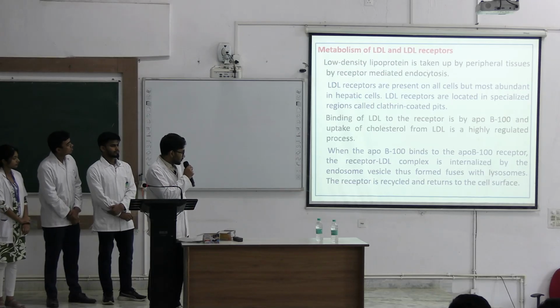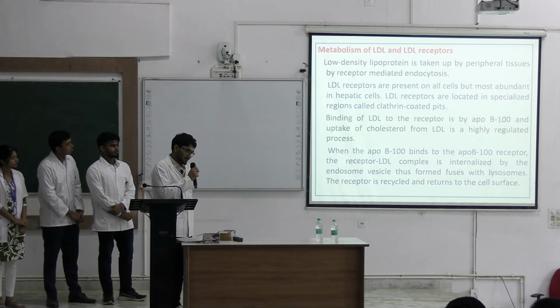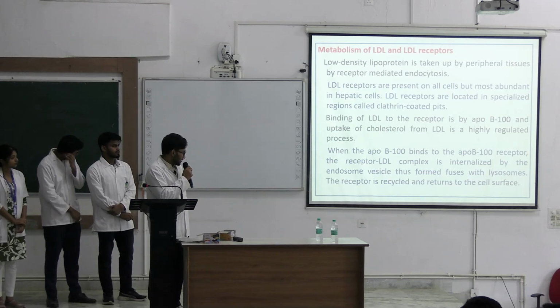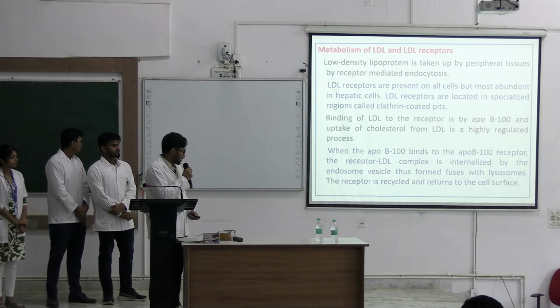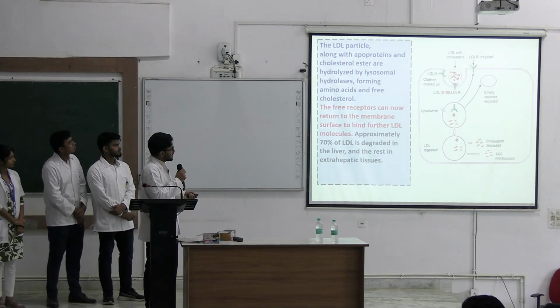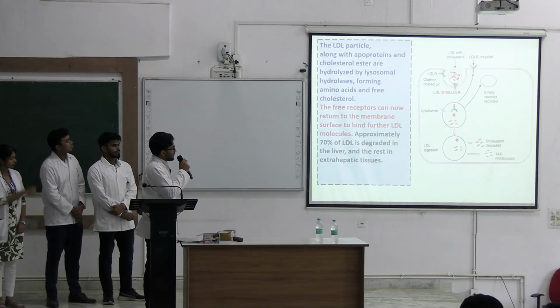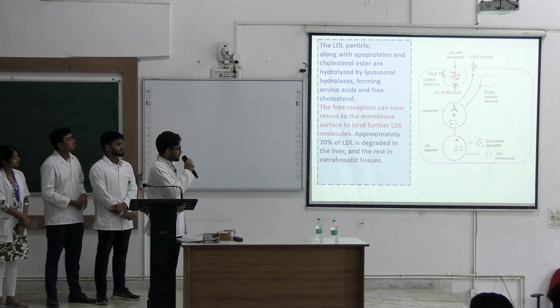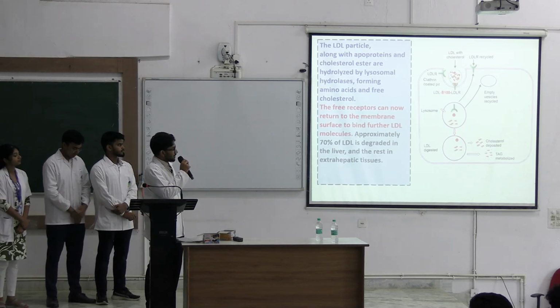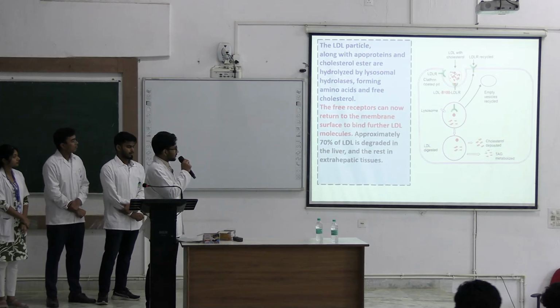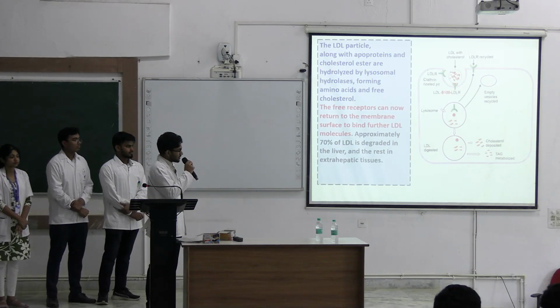When ApoB100 binds to the LDL receptor, the receptor-LDL complex is internalized, and the endosome vesicle thus formed fuses with lysosome. As we can see here in the diagram, the LDL receptor, which binds with the ApoB100 lipoprotein, comes inside the tissue cell, and then the lysosome acts on it and digests the cholesterol,